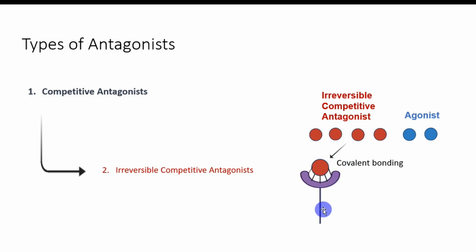Once that antagonist binds irreversibly, that specific receptor is just taken out. It can't bind the agonist anymore, or at least can't be activated by it. So you can't overcome it just by adding more agonist. So the effect is not surmountable. Doesn't matter how much agonist you pour in, those receptors that are covalently bound are just gone from the pool